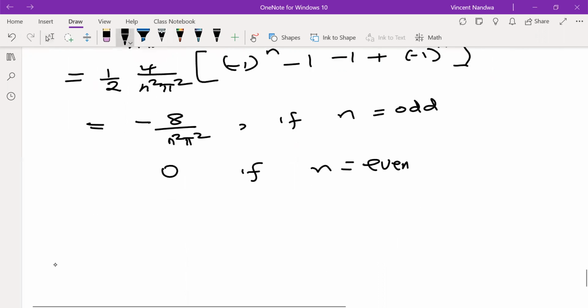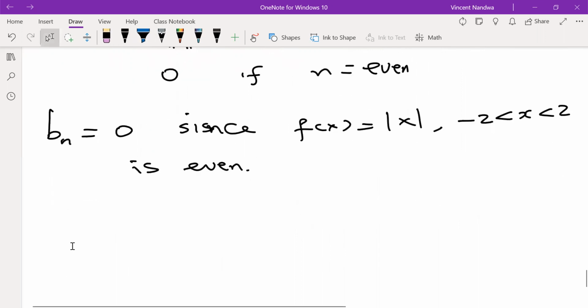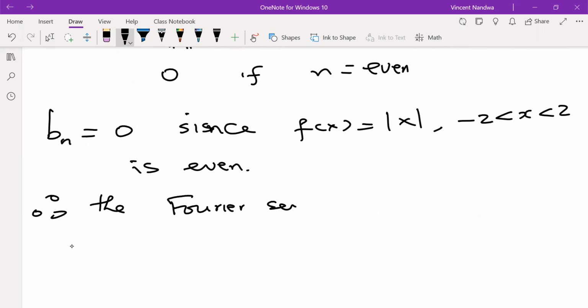Now bn for this function is 0 because the function given is even. So since f of x given in this interval is even, therefore the Fourier series is f of x equals to,